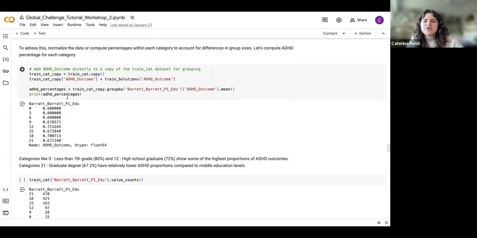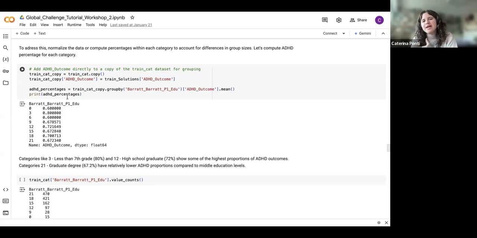And a smaller data size makes the proportion more susceptible to outliers. This also means that a few individuals' cases can disproportionately affect the results, since we just have 5, right? Making them less reliable and less representative of the broader population, right? Because compared to higher education, we have almost 500 subjects, right? So there's really a big class imbalance. Therefore, it's crucial to examine sample size carefully before drawing any conclusion.